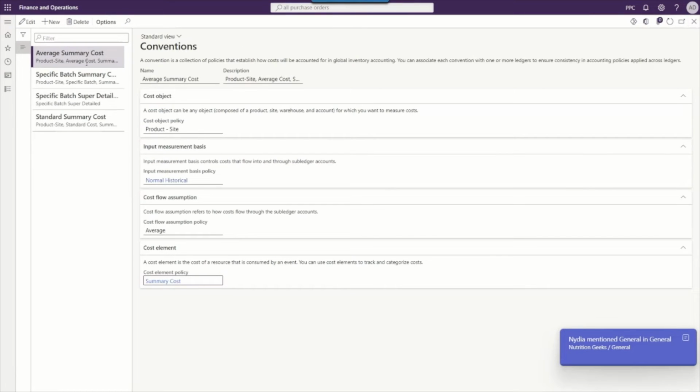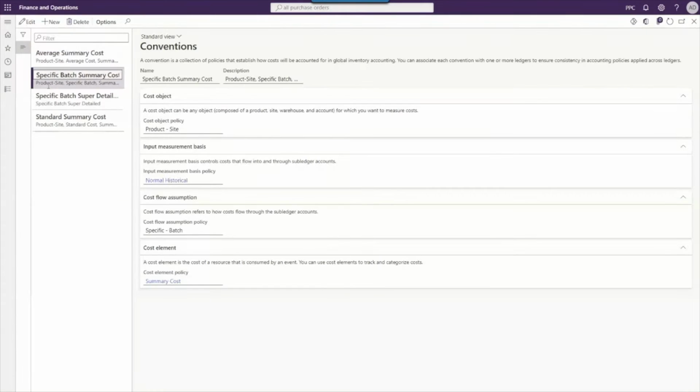Here you can see my specific batch summary cost convention. In this example, you'll notice that I have the same options. However, for the cost flow assumption, we have selected specific batch. This indicates that the costs will be assigned according to the specific batch or serial numbers. If we take a look at another example where I've selected the specific batch super detailed,